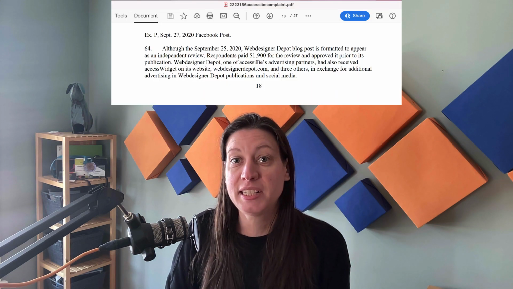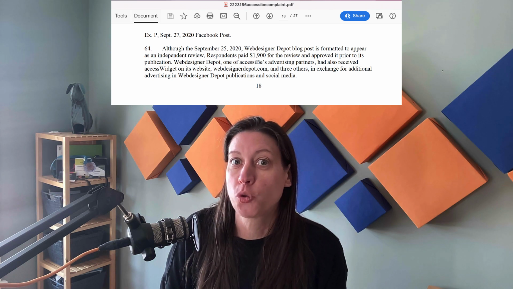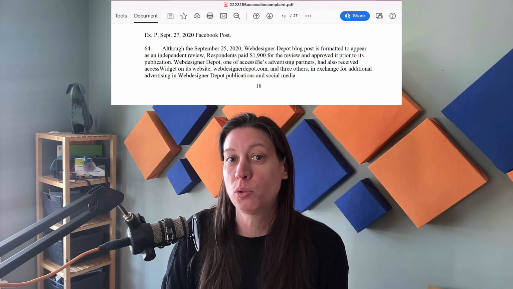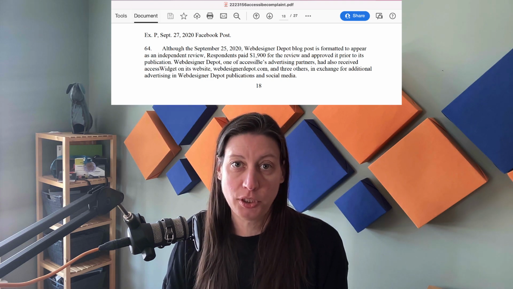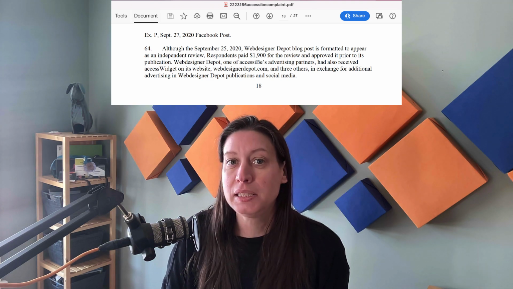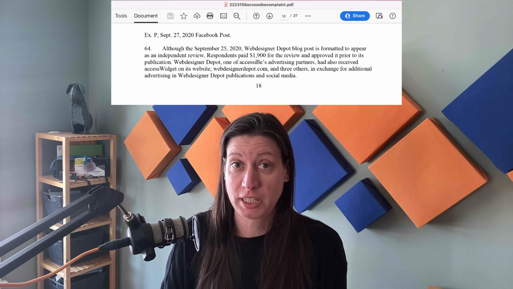Well, on page 18 of the complaint, it says, although the September 25th, 2020 Web Designer Depot blog post is formatted to appear as an independent review, the respondents, meaning accessiBe, paid $1,900 for the review and approved it prior to its publication.